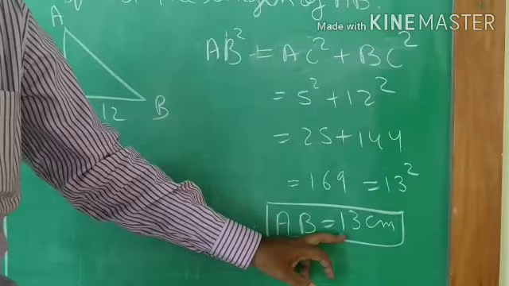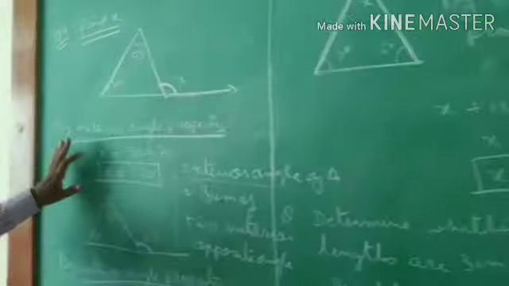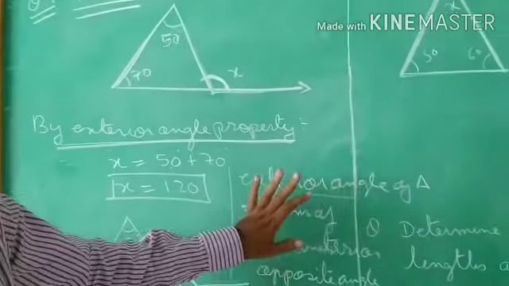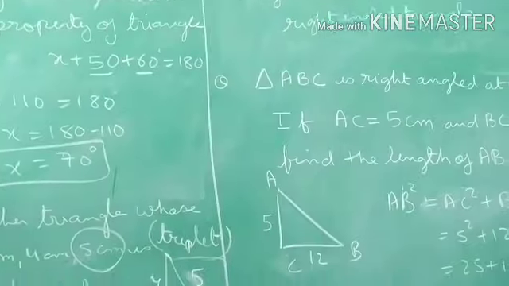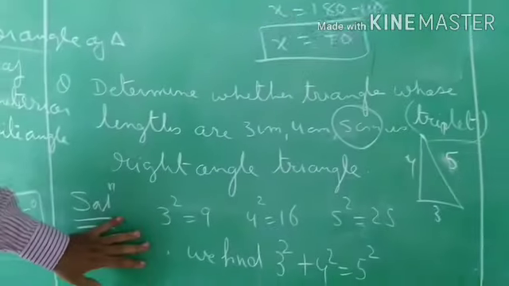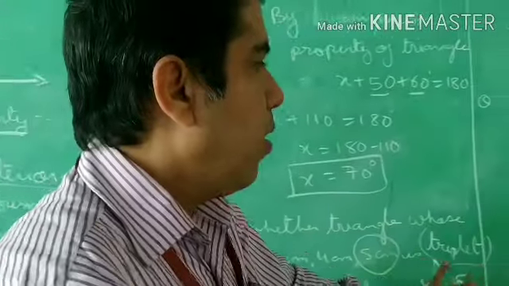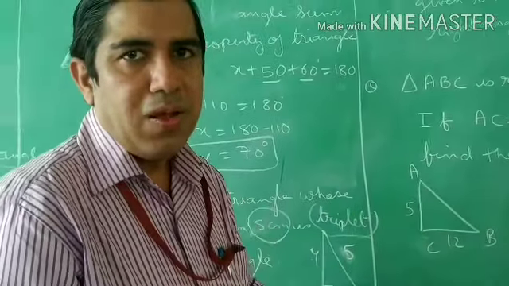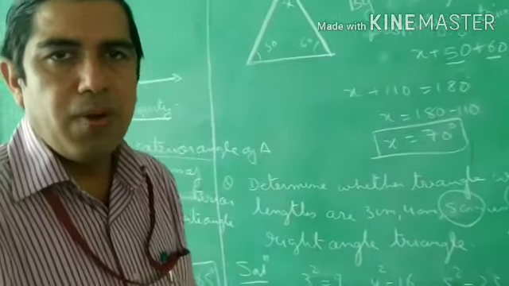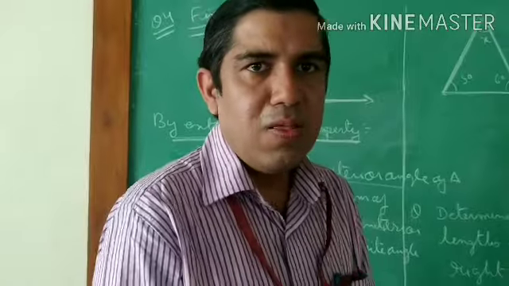Now you can see I discussed different types of problems with you. One is the exterior angle property. The other one again the exterior angle property. The next one is the angle sum property of a triangle. And the next one, if Pythagoras theorem is satisfied, the given triangle is a right angle triangle. And here again, a Pythagoras theorem based problem I have discussed with you. I have discussed lesson number 5, 6 difficult problems with you, which you may get confused about. So this much is there in this content.